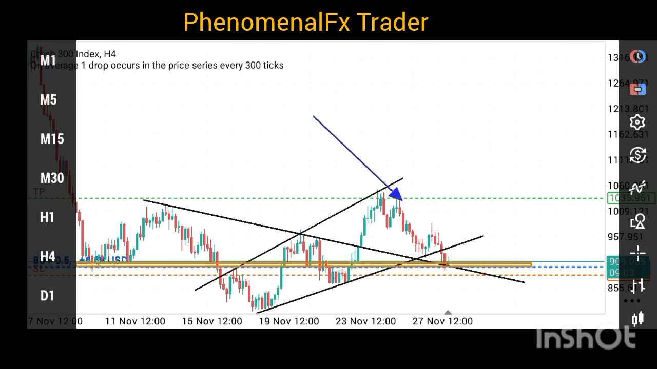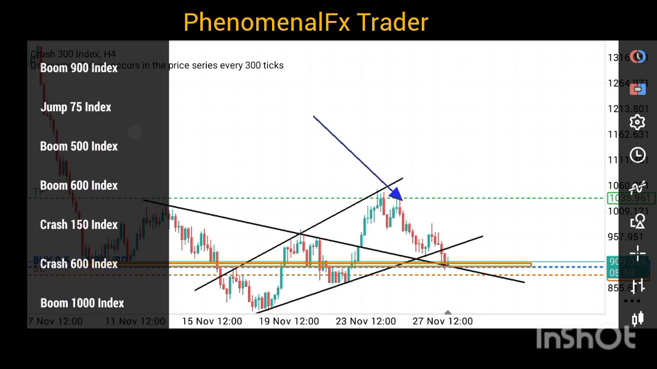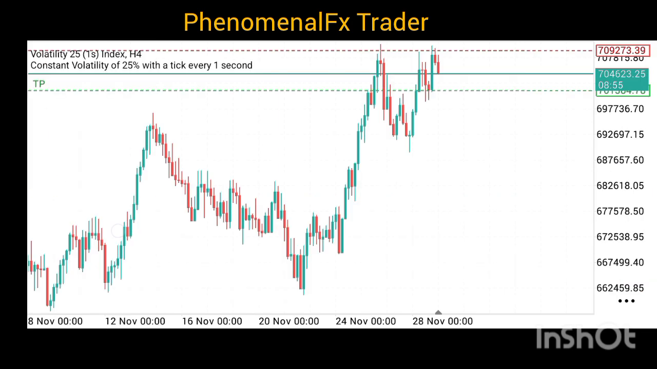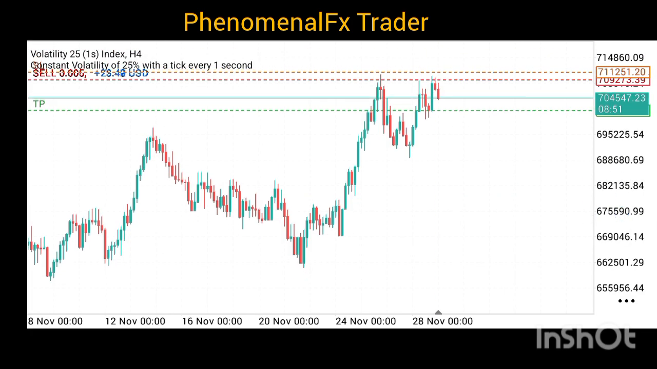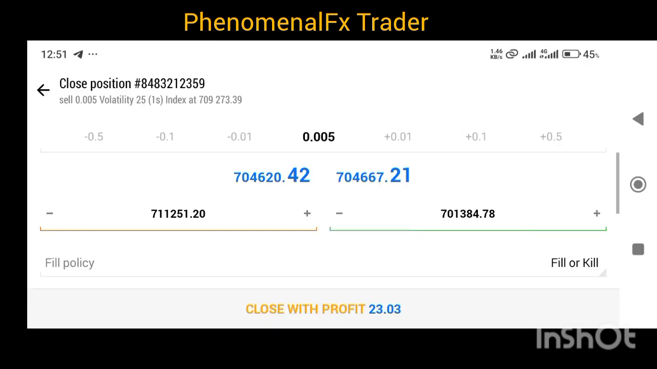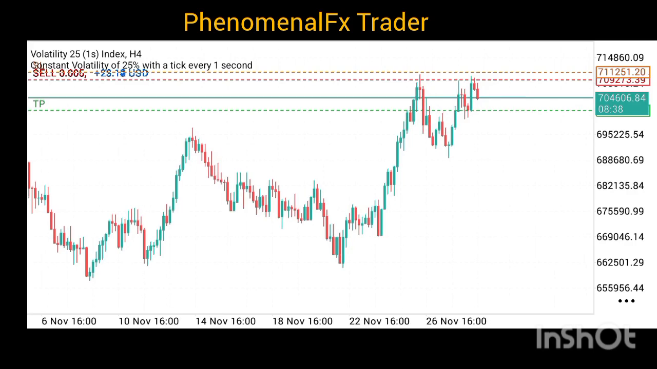I have another trade that is running here on VIX 25 1S. I don't know how much profit it is making so far. Okay, this is about $25. Let me attempt to close. About $23 profit with minimum lot size. It is still running. But this one is particularly the engulfing candlestick strategy, which I'll be teaching in the November batch